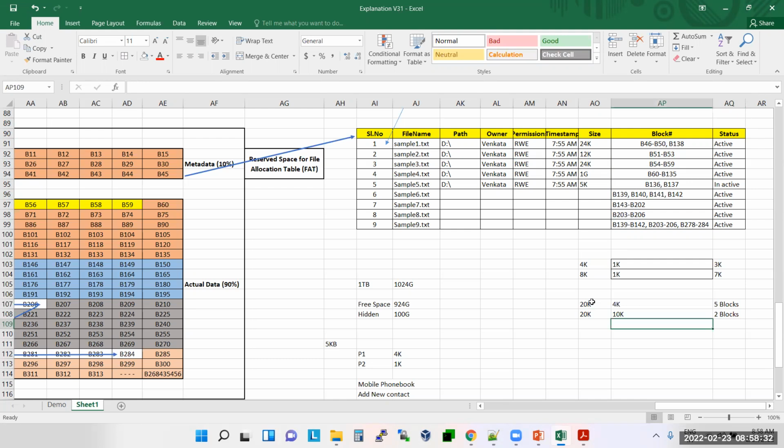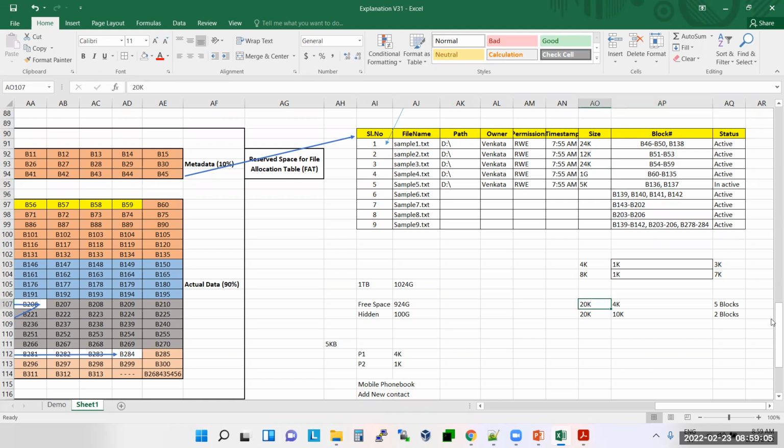So in this table, with 4 KB you will put 5 numbers, and with 10 KB you will put only 2 numbers. So if you go with a bigger block size, you get less metadata. If you go with a smaller block size, you get more metadata, with more block numbers to be stored here.